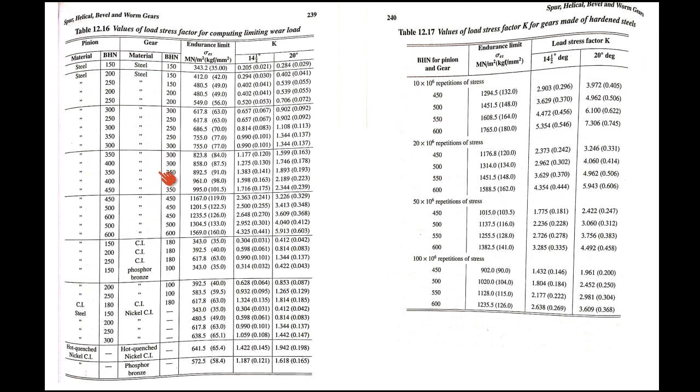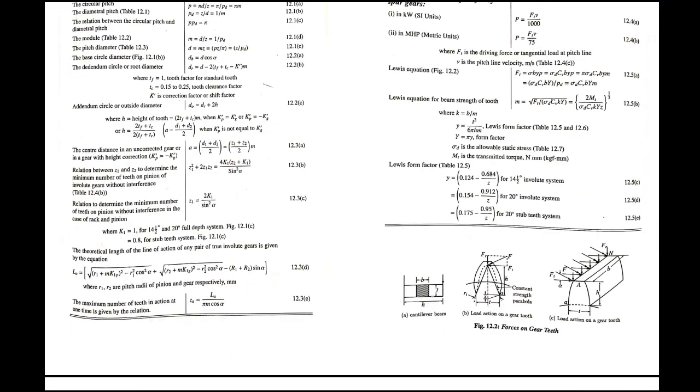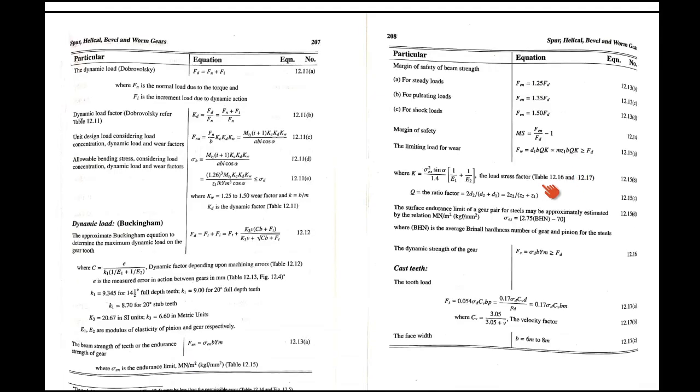It may not be the same always, because it can have a 400 and 300 value. Anyway, after this step, we are going to specify the hardness of the gear. Once we specify this hardness, it is easy to go for the fabrication. You can give enough heat treatment and we can get the specified value to have a wear load greater than the dynamic load. And this is how we are going to complete the design.